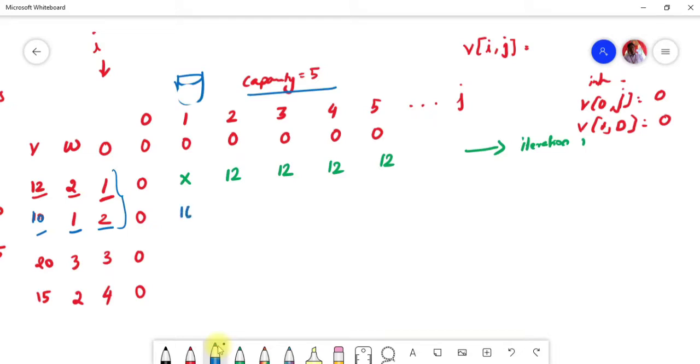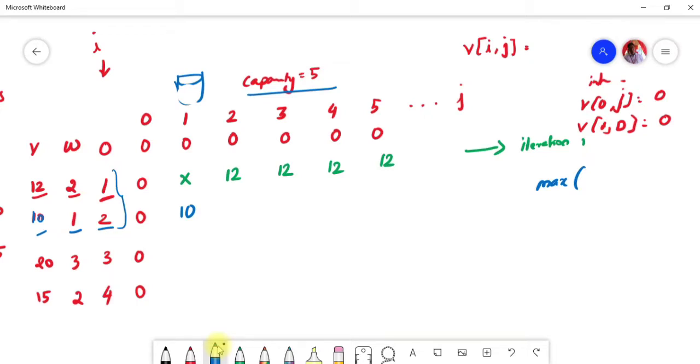So 10. And then for capacity 2, for the bag, you can consider it as a bag size. For capacity 2, how many items can I accommodate? Check whether I can accommodate both items, or only one item out of these two. So check that, and then you have to find out the maximum one. That means the formula is very simple. Just find the maximum of the possible values for accommodating these two items.